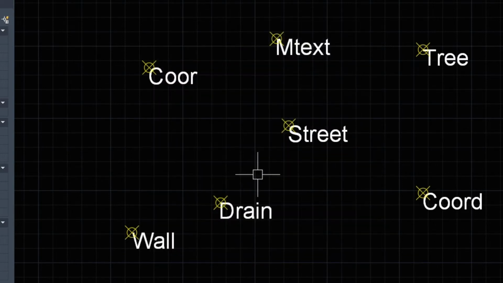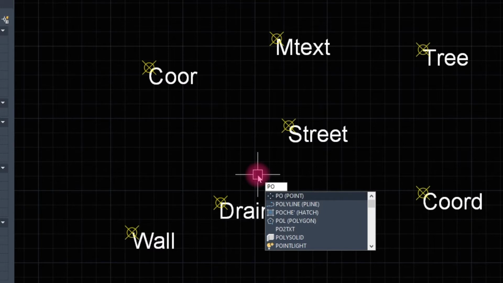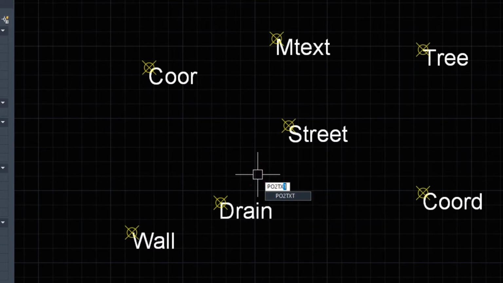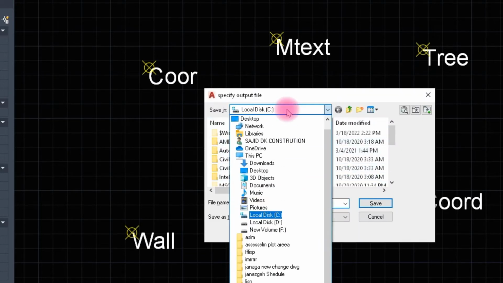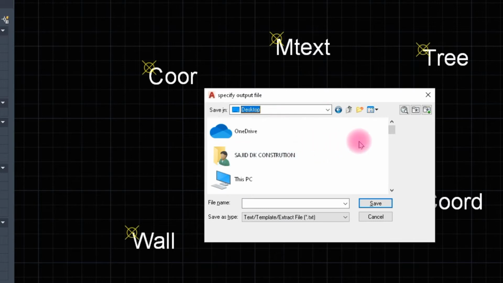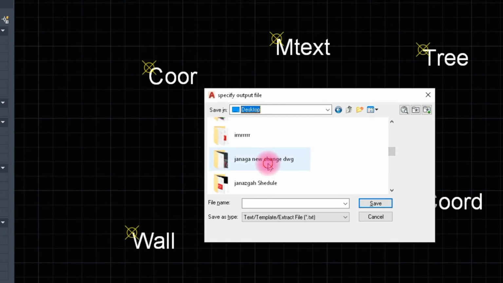Now we use a command po to text, and enter that by space, and select the directory where you want to save. We save this file